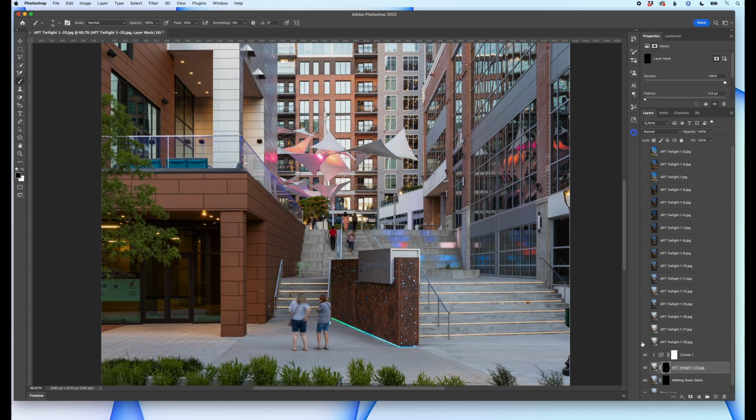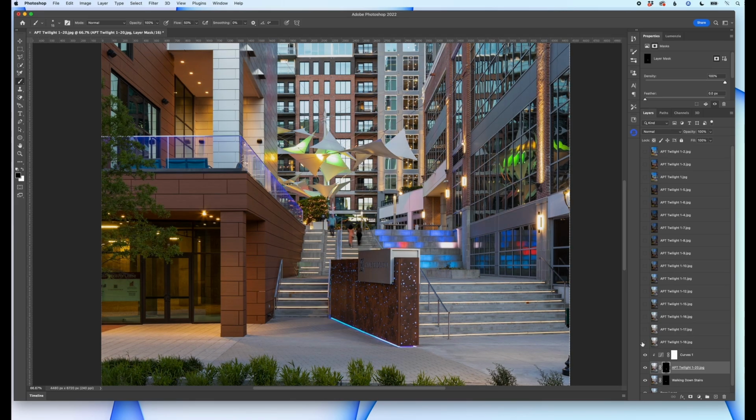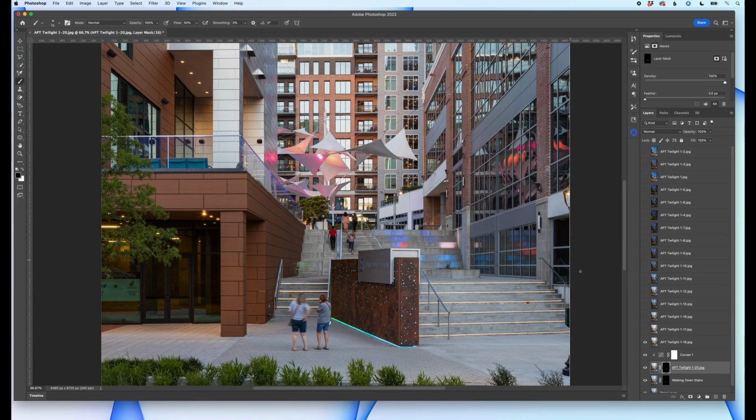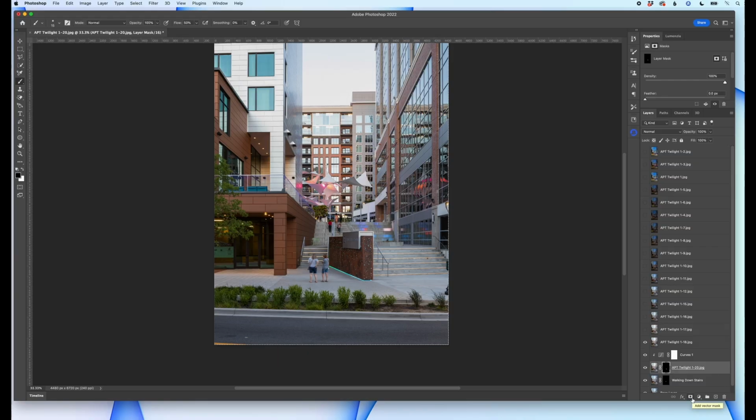Let's see. So for this one, a couple things that I do like about this one. Again, I think our lights are a little bit too hot over here, maybe even in the back. So what I'm gonna do is I'm gonna create a new layer mask for this one. Again, option click. And I'm gonna take my brush at maybe 50%. I'm just gonna come in here, and I need to make sure it's white because I have a black mask. I'm just gonna start to paint this out, because I'm gonna paint it in